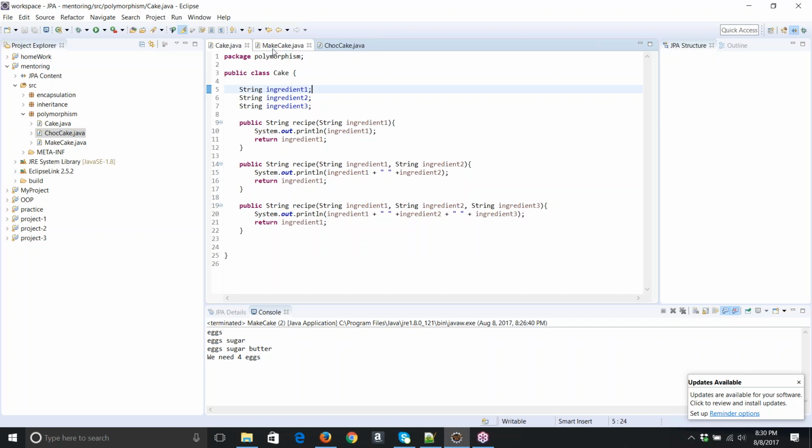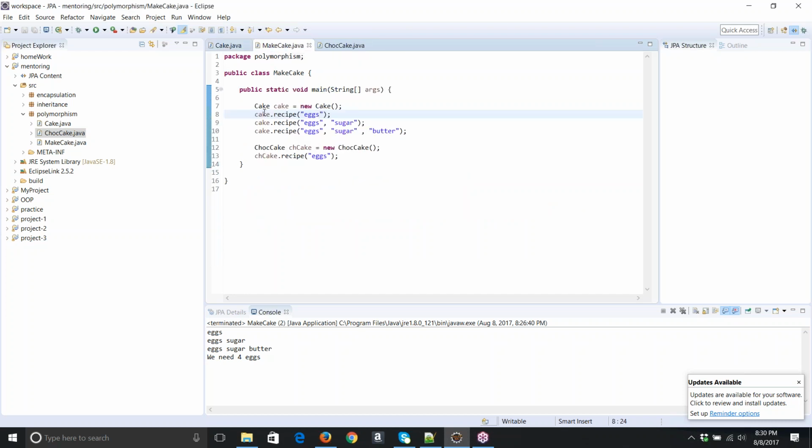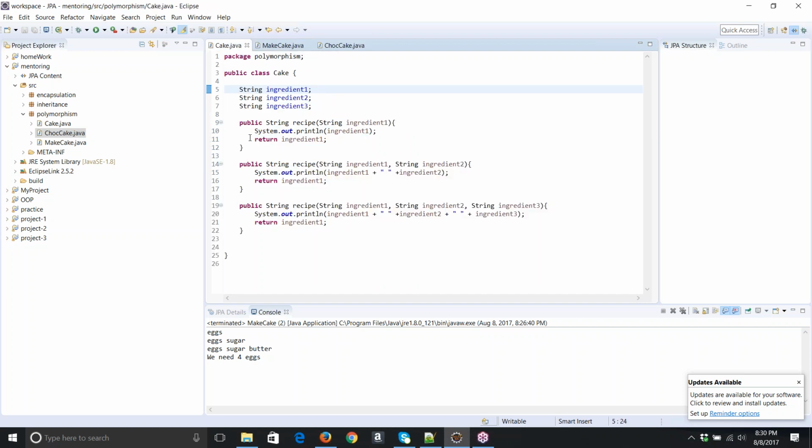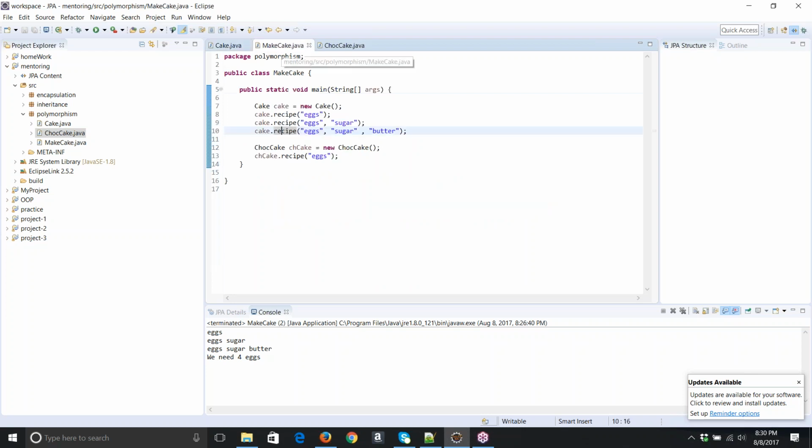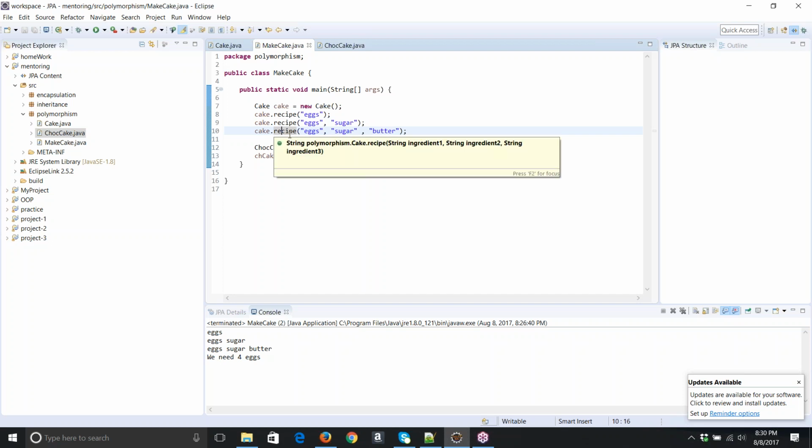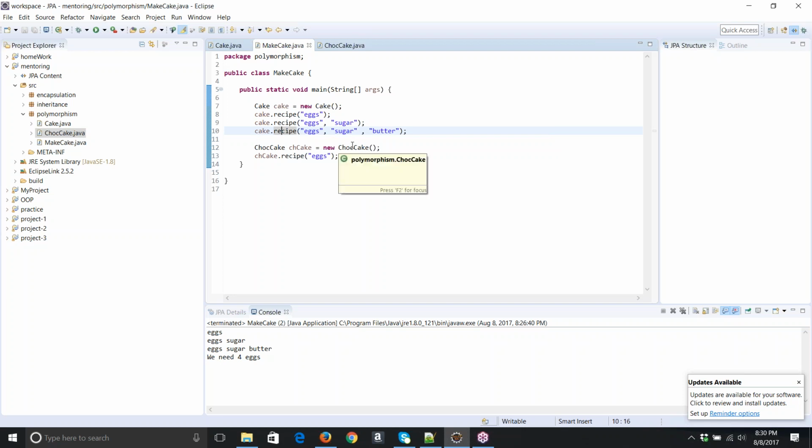Then I created an object for the Cake class, and then I called the method. You see, this is the same name method. Usually when we declare methods, we give them different names in order to know which one to call. But in this case, all the methods have the same name. So how does Java know which one of the methods to call? It's just by looking at the